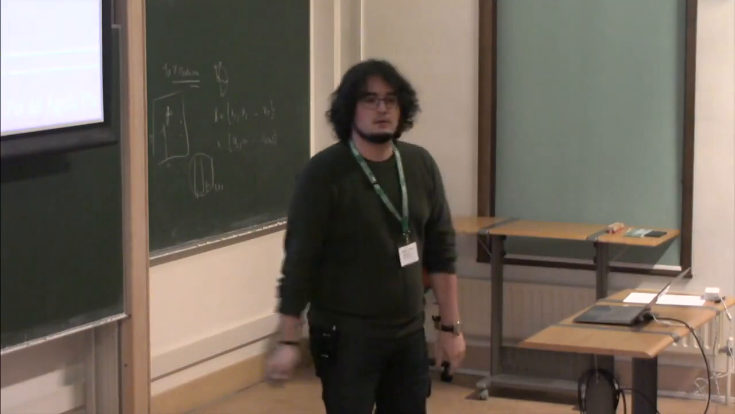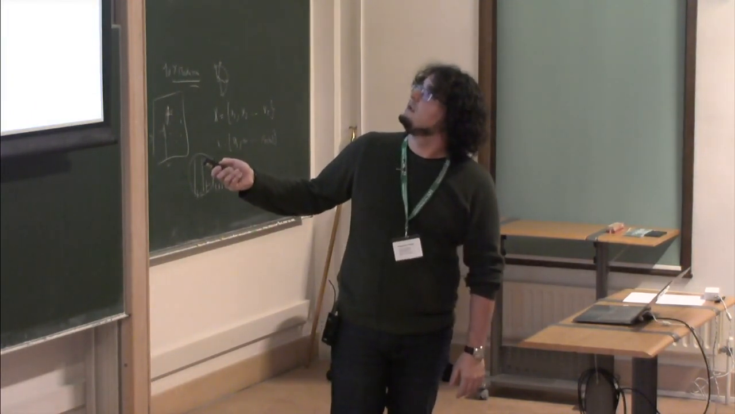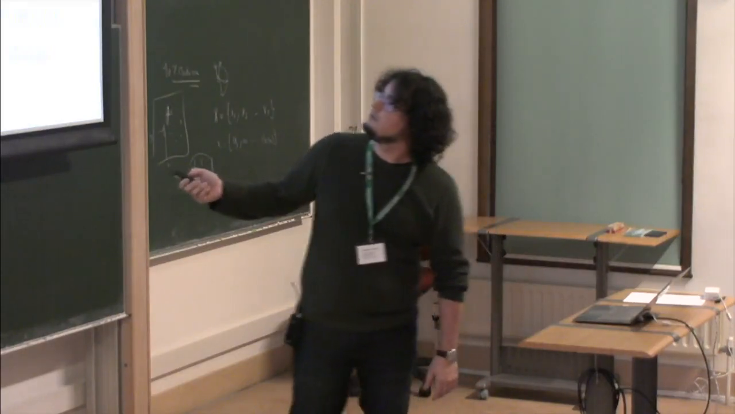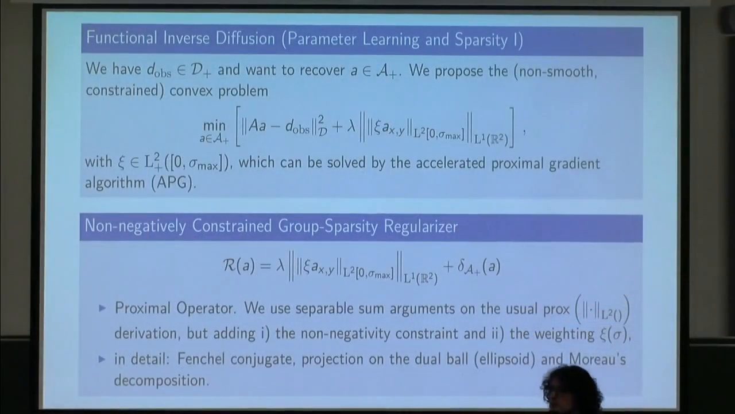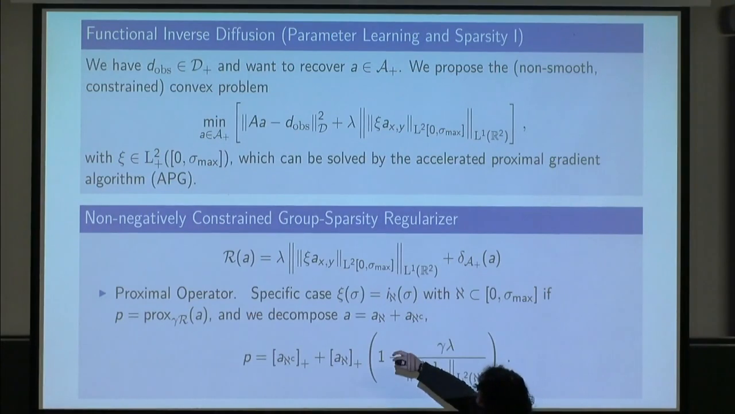Yes? Can you say again what you said about this combination of group sparsity with positivity? Yes. Let's see. Here, yes. So, which part? I didn't really recall, but there is a result that says that the prox of a sum of two functions, if one of them is separable, is the prox of the prox. So, yeah, this thing is basically that we regularized only the certain sigmas by putting this weighting function as an indicator